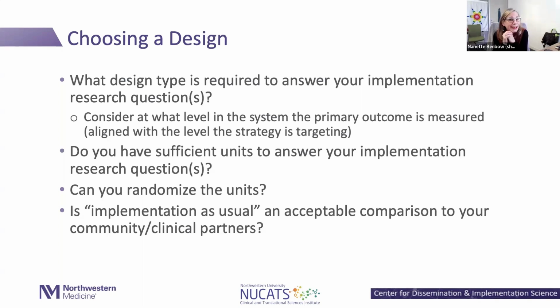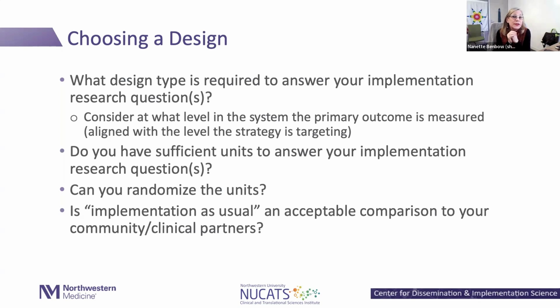You'll want to be able to answer whether you can randomize the units. That is not always possible in the real world, but you may want to plan things so that it is possible, or some way in which you can do it without disrupting. And you're going to want to make sure if implementation as usual is an acceptable comparison to your community or